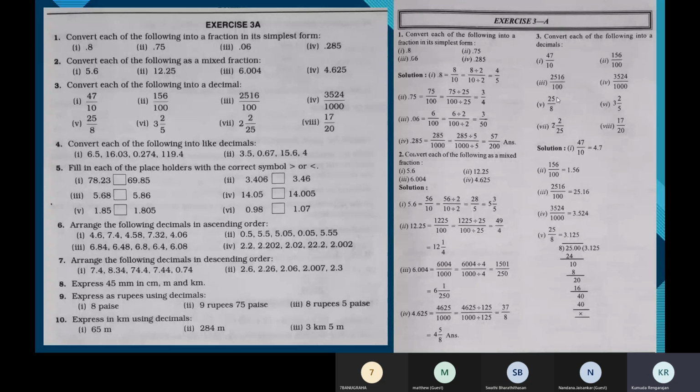And for the 5th one, I told you a different method. I said you can multiply the numerator and denominator by what? Ma'am, by the nearest multiple of 8, ma'am. So we can multiply it to get the answer as 1000. No, not the nearest multiple of 8. You multiply so that you get the denominator as 10, 100.